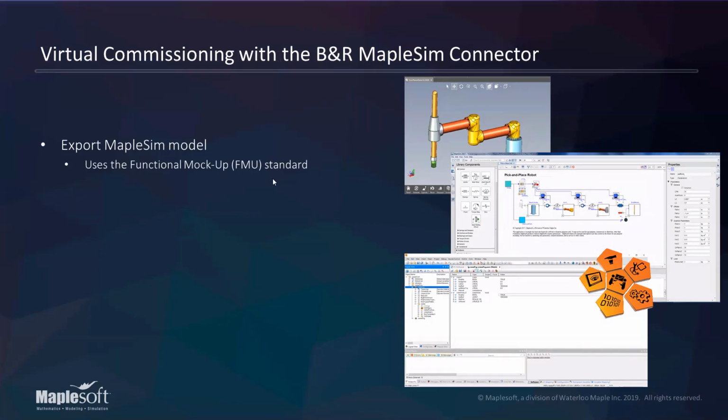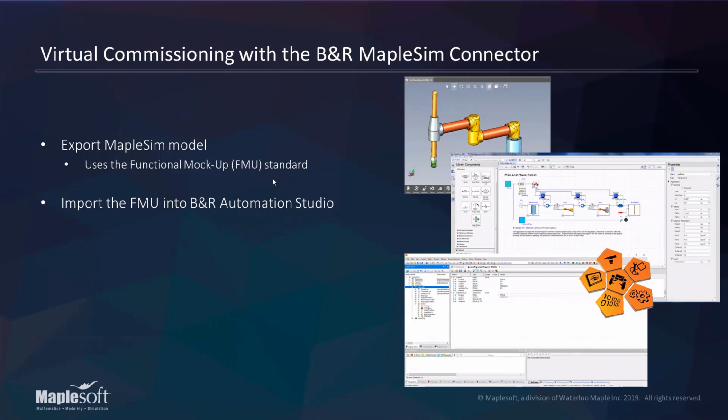And then we use the functional mockup interface standard, which is just a way of encapsulating the model as this executable item that you can run tests off, and you can interact with it in a variety of ways. So now with this connector, we're going to package it up as an FMU, and we have all the applications for that. And then this FMU now can be taken into B&R Automation Studio and interacted with in a